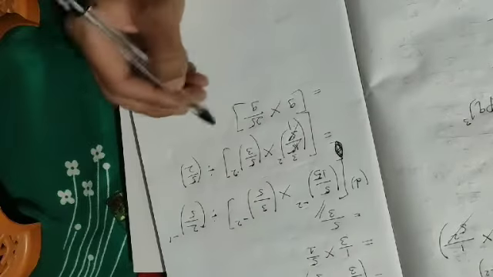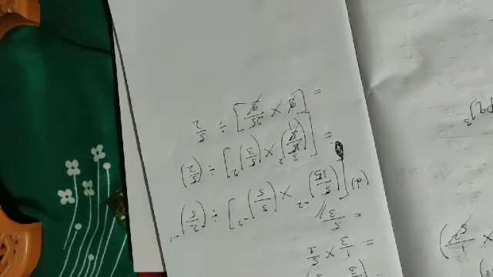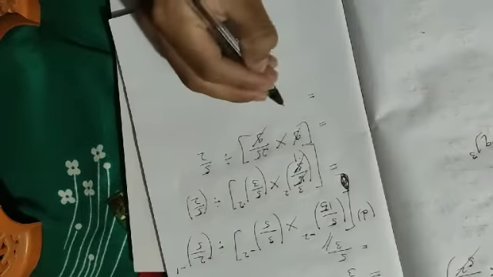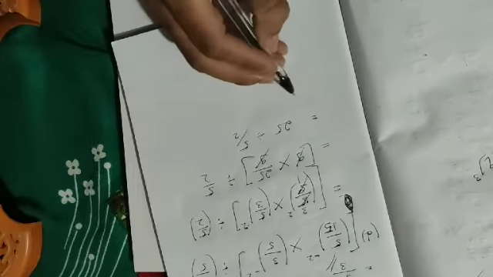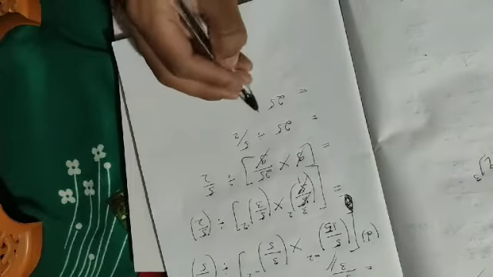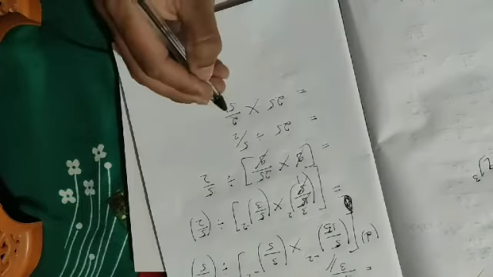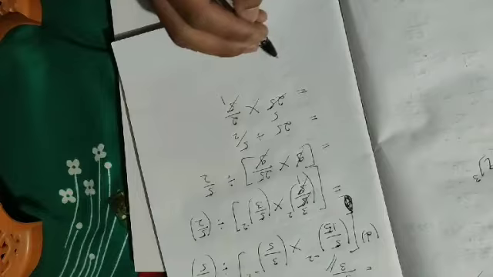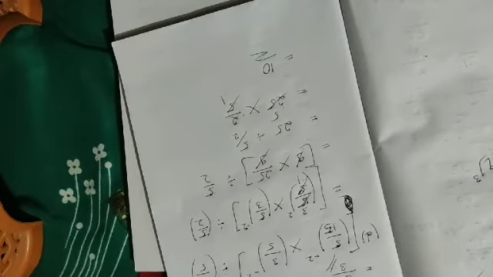Okay, divided by 5 by 2. So this 9 and this 9 are cancelled, isn't it? So it will be 25 divided by 5 by 2, right? So now I will make this as multiplication, so I have to write the reciprocal of the later one. So 5 1s are 5, 5 5s are 25 equals to 5 2s are 10. So 10 is the answer for question number D.